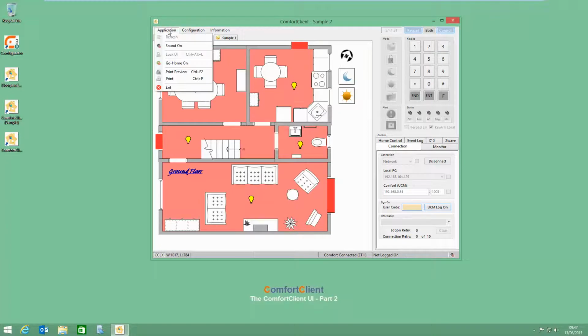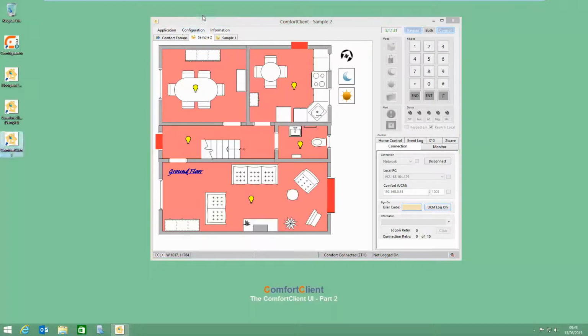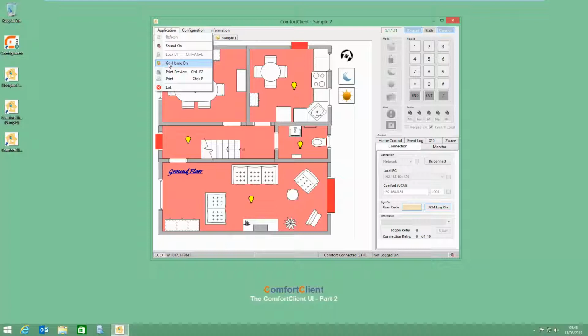You'll also notice if we go to the application menu, I've got this item here that we didn't touch on when we looked at part 1, because it's linked very much with the way that we use windows and floor plans and how we look. You'll notice this Go Home On icon. We touched on this during part 1, but we've parked this because it's more applicable to our window manager settings. If I turn Go Home On,